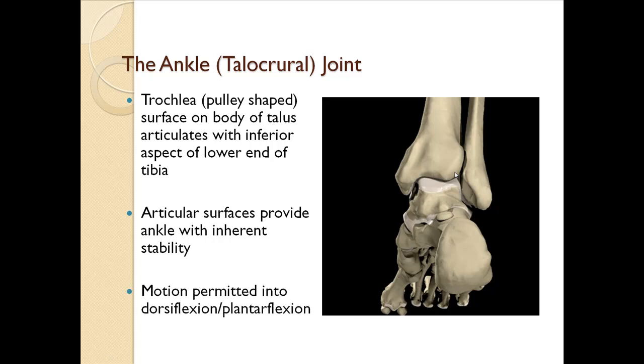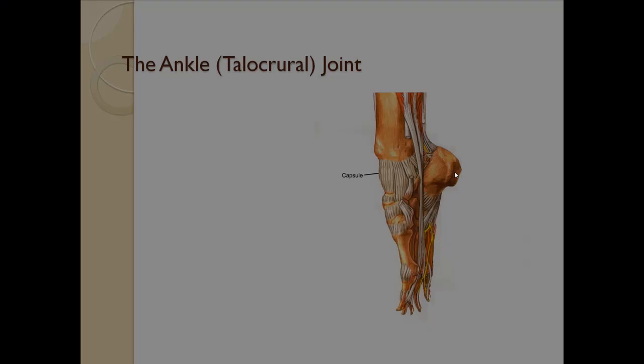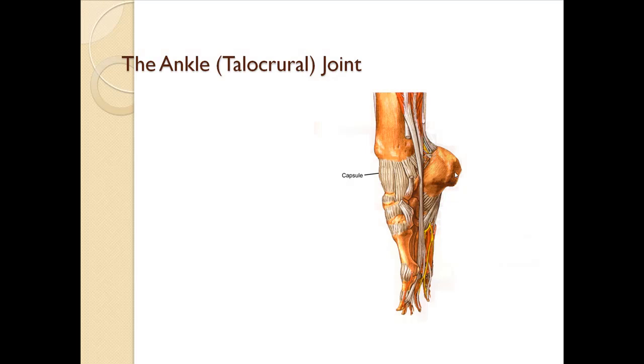It's the articular surfaces that provide inherent stability to the ankle, and it's also the shapes of the articular surfaces that often limit motion to the movements of dorsiflexion and plantarflexion. It's a typical synovial joint, so all of the articular surfaces are covered with hyaline cartilage that is continuous. Although we've described 3 different regions, it's a single joint cavity, and the 3 articular surfaces are continuous with each